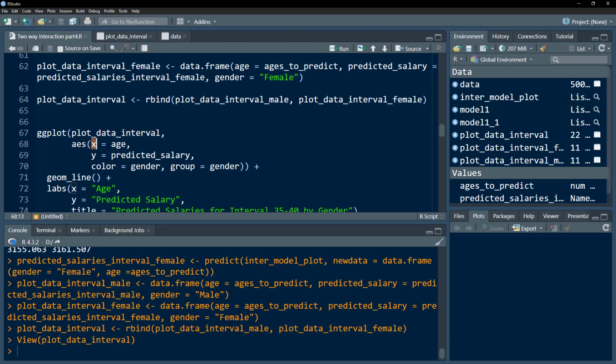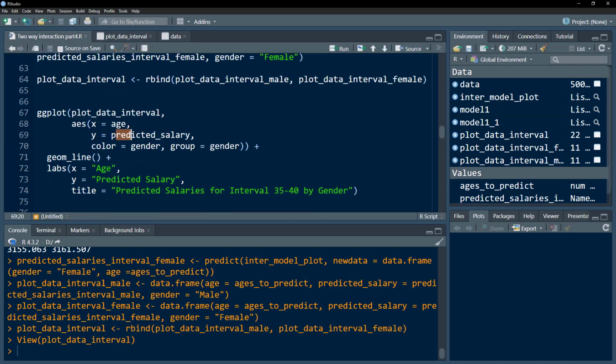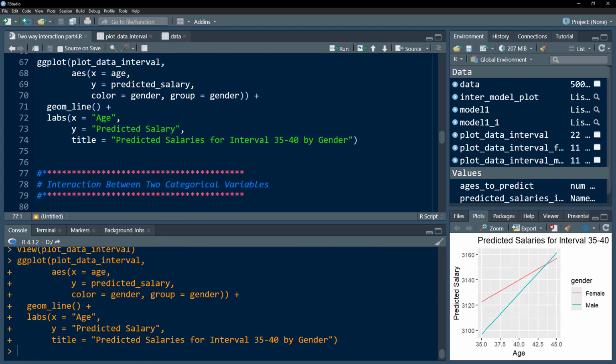On the x-axis we have age, on the y-axis we have the predicted salary, and the colors are based on the gender category. We would have different lines, each with a different color. We give the name of each axis and the title of this graph. If I execute this, you can see that the slope of male is quite steeper as compared to the